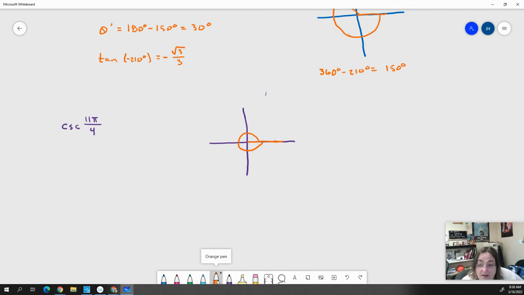If I take it up to here, it's 9 pi over 4. If I take it to here, it's 10 pi over 4. And if I take it to here, it is 11 pi over 4. So think about that. It wraps around more than once, but it's still going to end up in the same place. So we can say that cosecant of 11 pi over 4 is the same as